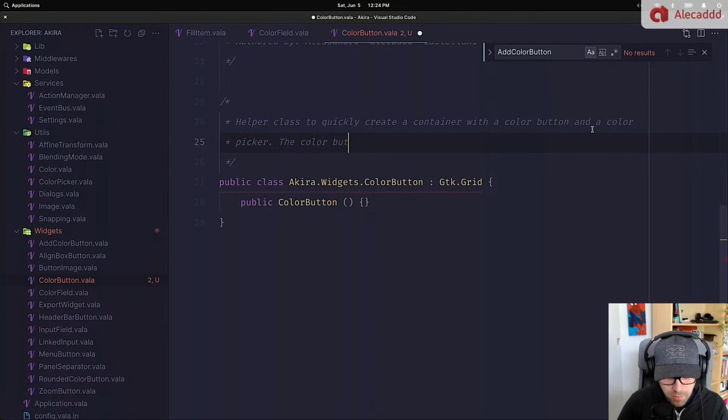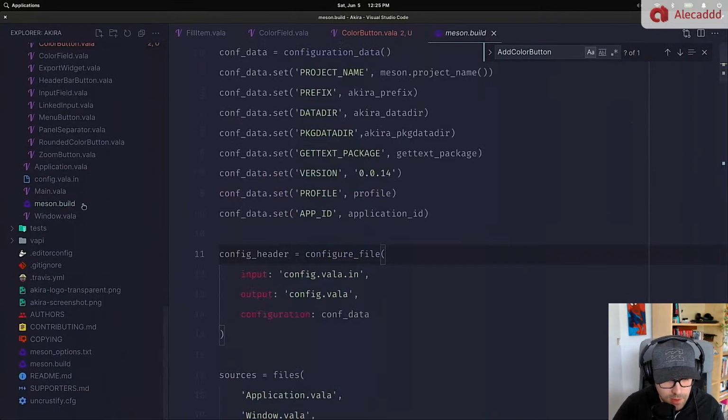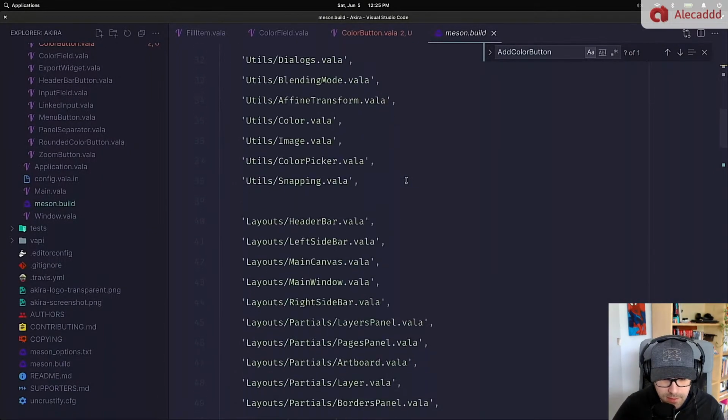The color button opens up the GTK color chooser. Something like that, yeah. Get a GTK grid, and then let's add this to our list of files in the